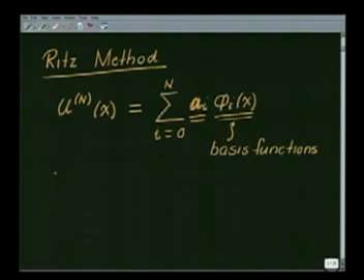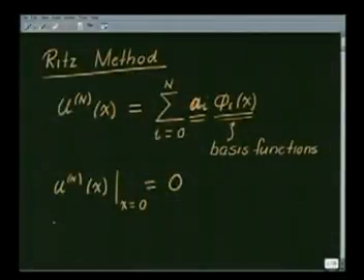Now what do we want? If you remember from what we had said last time, the un of x has to satisfy the geometric boundary conditions, or the essential or the Dirichlet boundary conditions, which means that we want this one at the point x equal to 0 to be equal to 0. That is, it is equal to the specified displacement at the point x equal to 0. This has to be satisfied by the un of x.